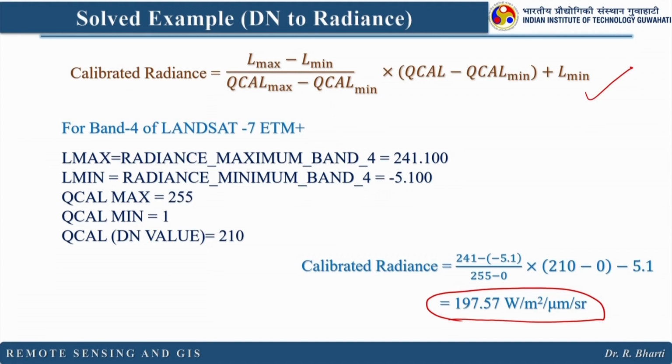So there is a slight change in the value when you use the DN to radiance normal equation and when you use this calibrated radiance equation. So that means there is a change. So you need to take care of this L max, L min, Q cal max, Q cal min. So it is important and advisable to go for this calibrated radiance equation